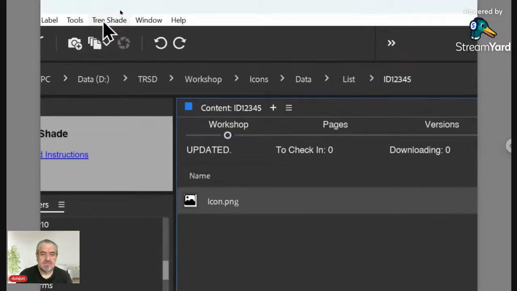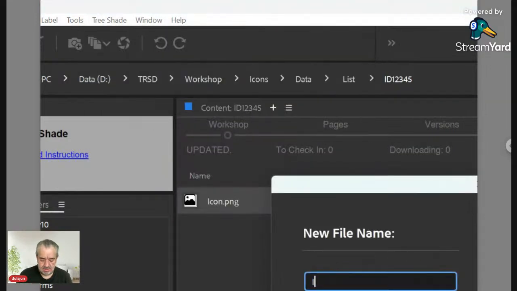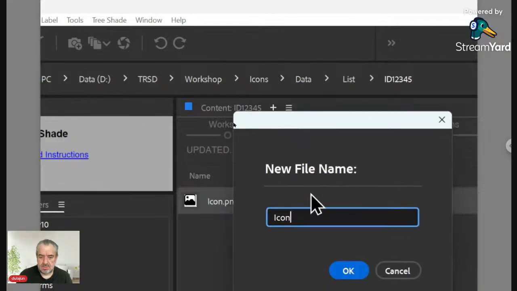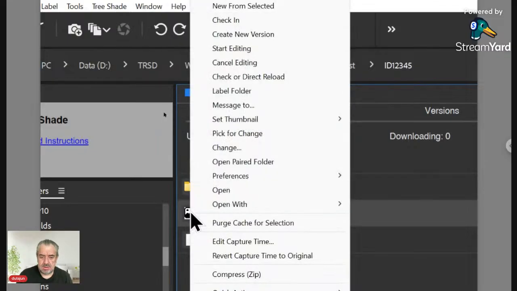Let's create a text file named icon. Okay, and right click on icon, the image, pick for change,